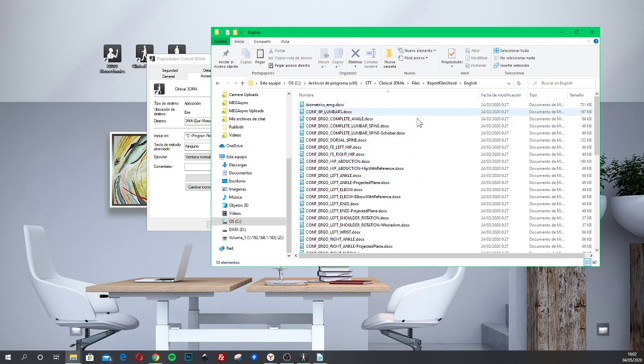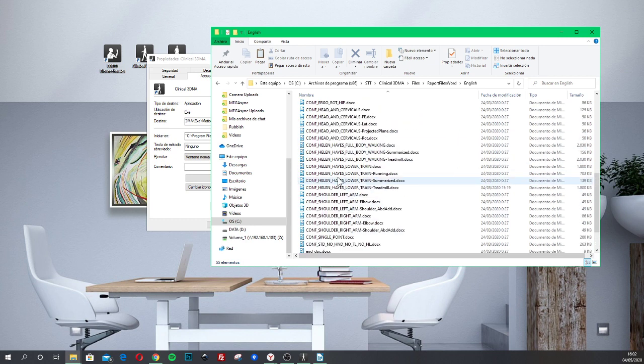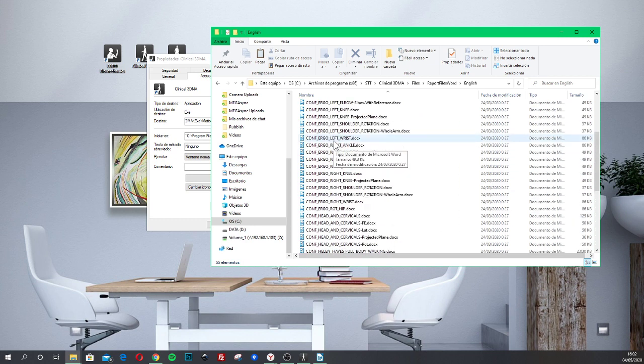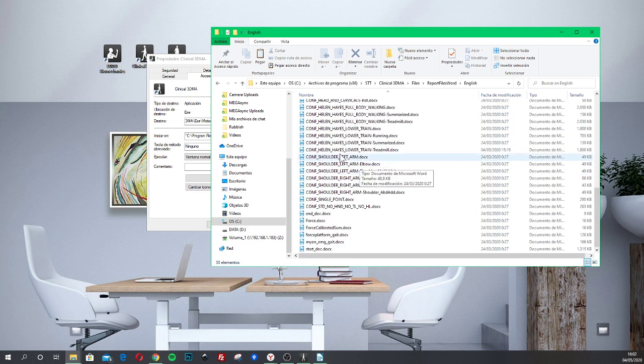Here we can find all the templates of clinical, shoulder, Helen Hayes, head and cervicals, left knee, okay, all of them. So let's go and find the Helen Hayes lower train for treadmill, this one. Let's copy that template, copy, and let's paste in documents,